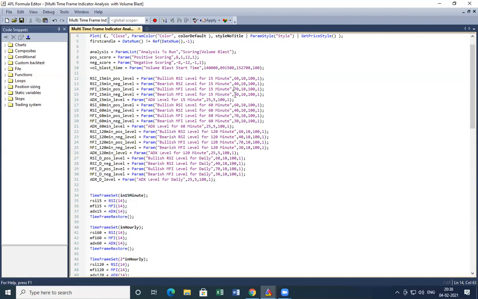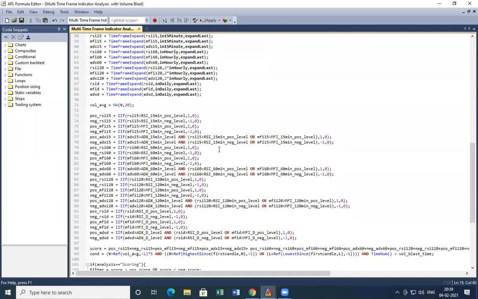Okay, now for ADX, ADX is not a directional indicator. In fact, it is a momentum indicator. So I'm defining a default trigger value for ADX as 25 for both cases, right? So here I defined a variable ADX 15 minutes and give a default value of 25. And same way with 60-minute values, 120-minute values, and daily time frame values.